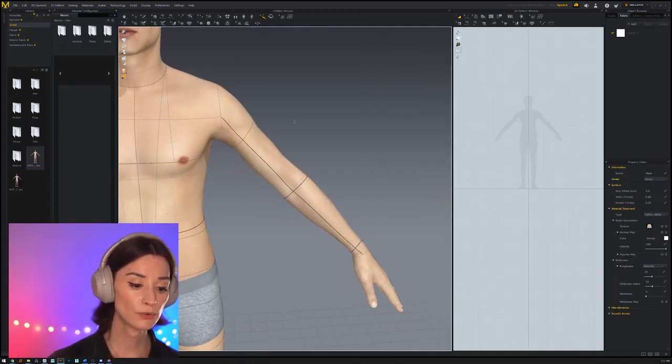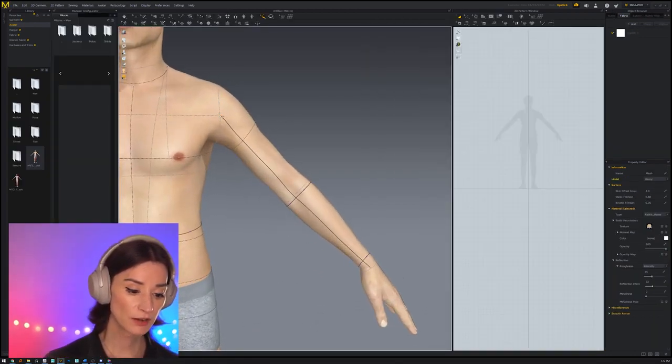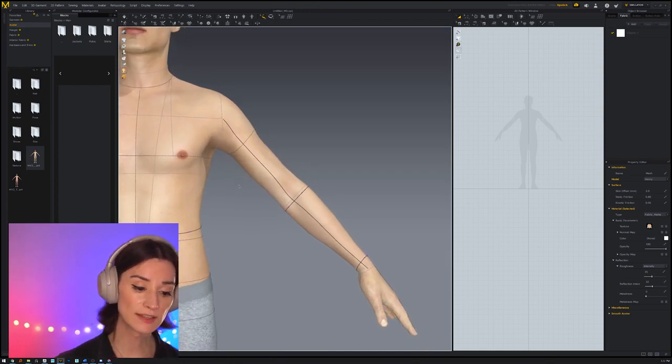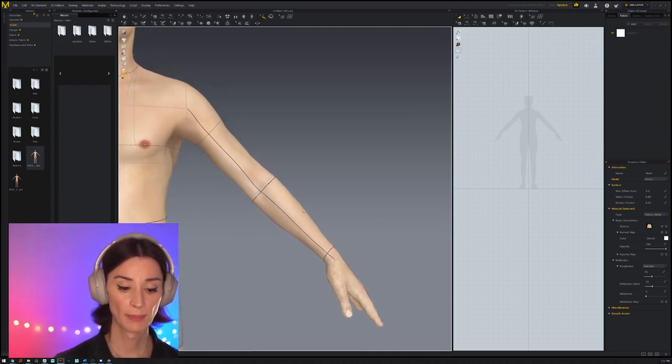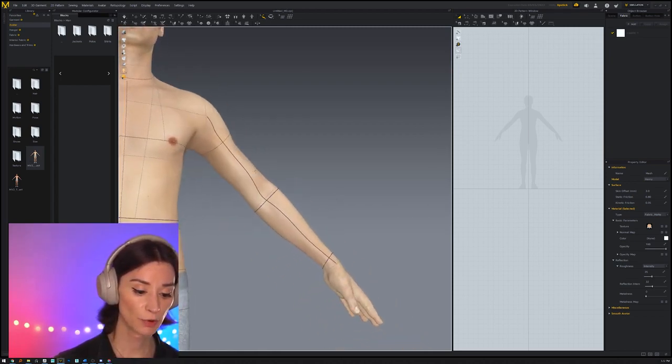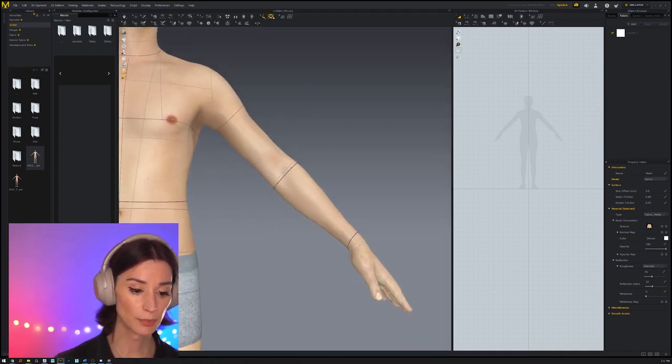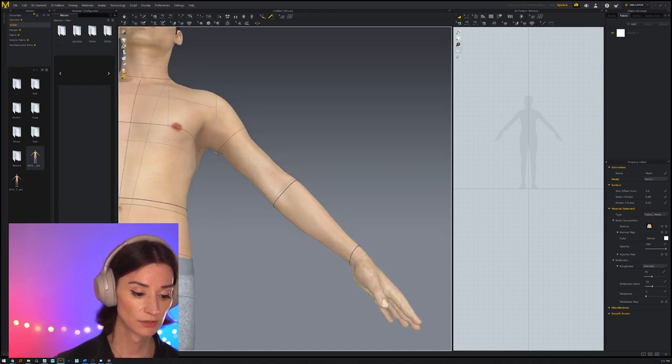Okay, so what did we do wrong? Well, what we did wrong is that we measured the length on the front of the arm. But what we should probably do instead is measure the length under the arm and then one length on top of the arm, and then use that to build our shape. Probably should have done that instead. So let's delete this tape. Let's create a new tape